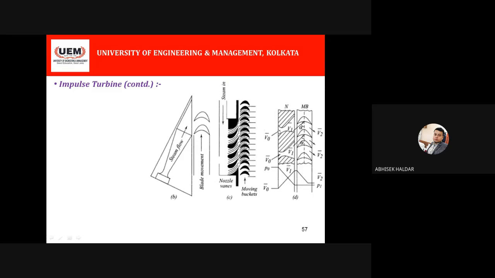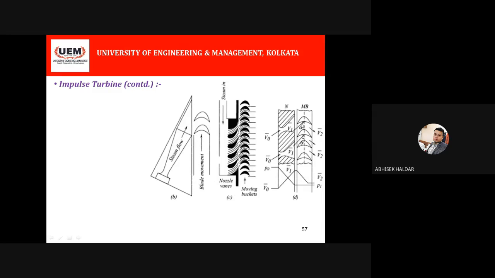This is one nozzle, and this is another nozzle. If you take the example of one nozzle, V0, as I told, is the velocity at the input, that means the inlet to the nozzle. V1 is the velocity at the outlet of the nozzle. The outlet of the nozzle is the inlet velocity to this blade. MB means moving blades, and N means nozzle. These are not moving; these are fixed. Fixed spaces are there, and the nozzles are mounted like this. So the same thing is happening over here.